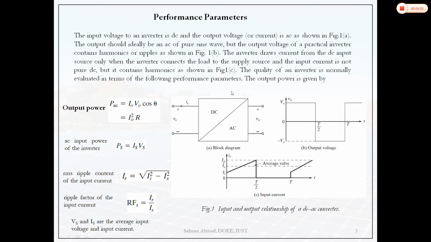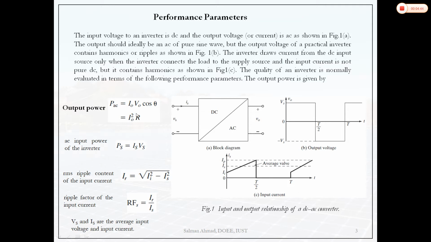So you can see there we are having DC input voltage, and this is the DC current. So it is converting DC to AC. This side is the DC part, and this is the AC part. You will find that in most of the cases this is a square waveform. You can see that we are having positive voltage and negative voltage. So this is not a sinusoidal waveform, but we can decompose this waveform into fundamental component and harmonic components with the help of Fourier series. You will find that the input current will have a waveform something like that.